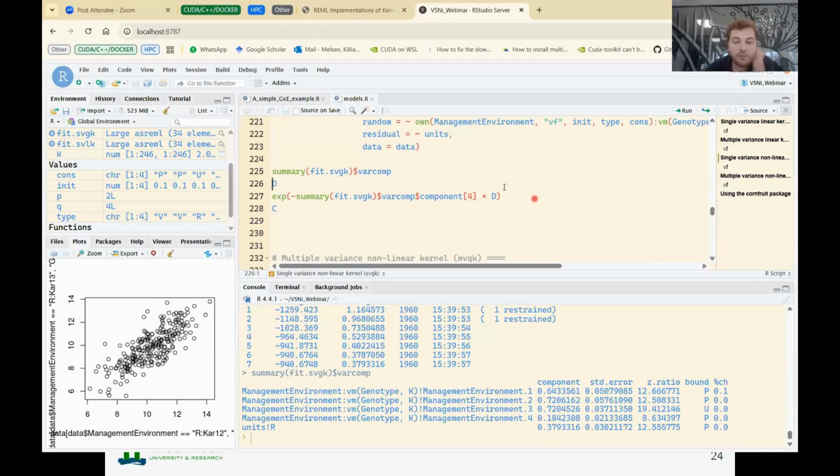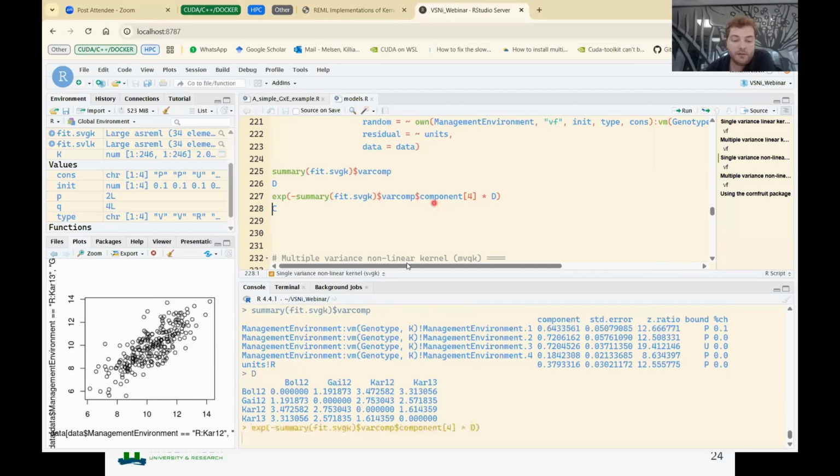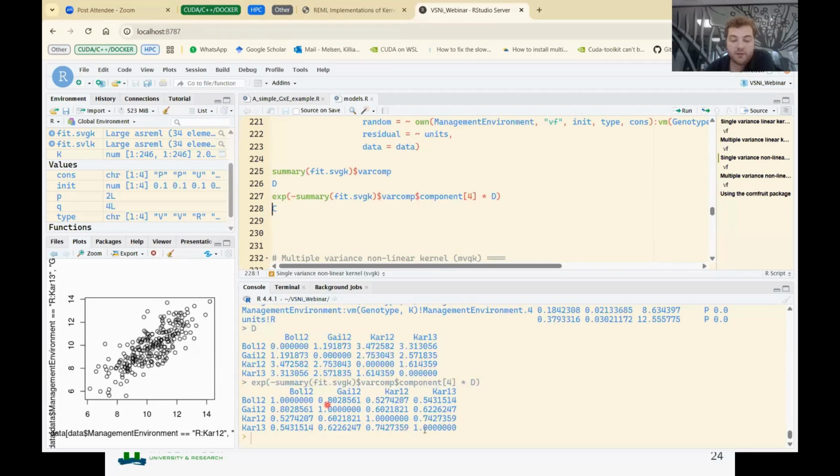And we can actually use that bandwidth to compute the correlation matrix that ASReml made internally. Look at the distance matrix. Well, makes sense. We've got zeros on the diagonal, positive numbers on the off diagonal, because the distances have to be positive, of course. Then we take e to the power minus the final variance component, which is the bandwidth,